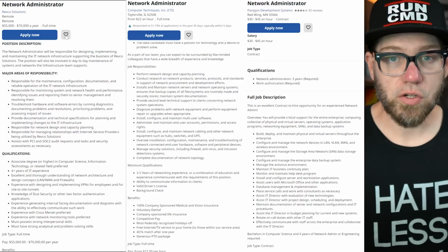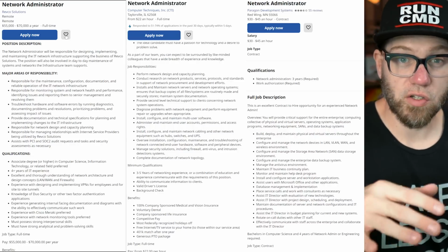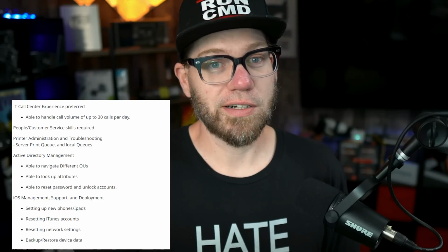Typically, a network administrator should be handling a lot of the network infrastructure, handling the switches, the way traffic flows, and firewalls, just for a brief example. But oftentimes, especially with network administrators, you're going to find that they're actually doing more server administrator type duties, and might be on top of network administrator duties. But the point of this is you really have to pay attention to those job descriptions, because again, that is the most important way to really understand what it is that you need to be learning to get your foot